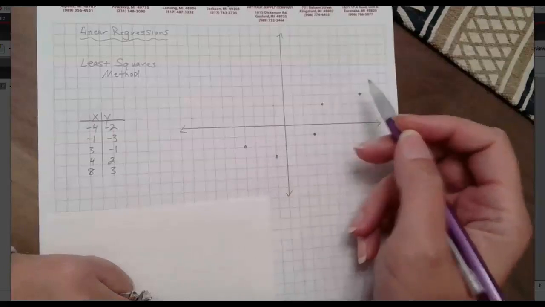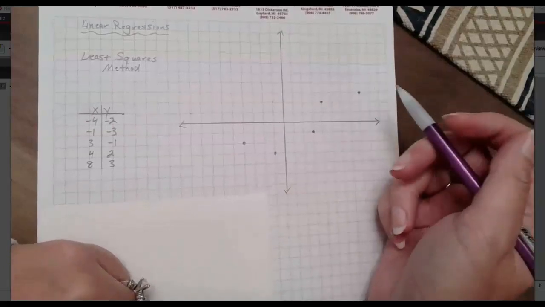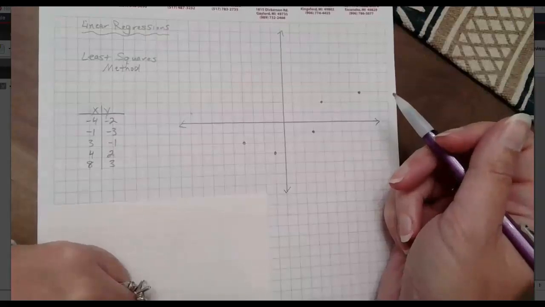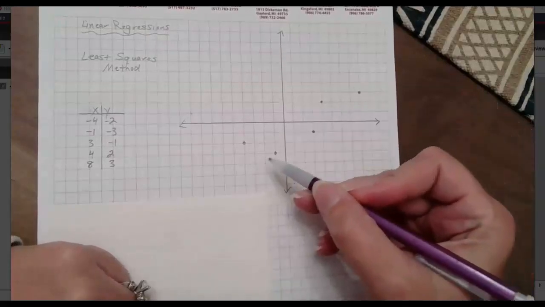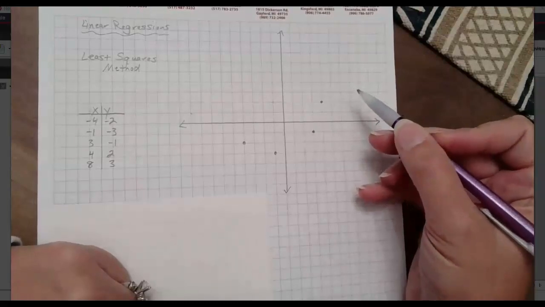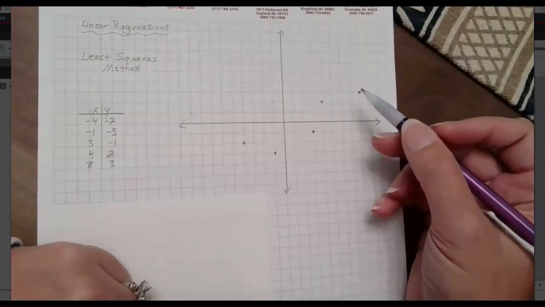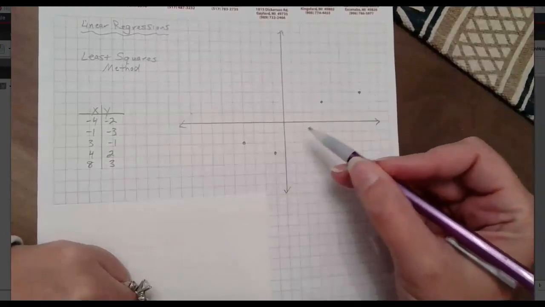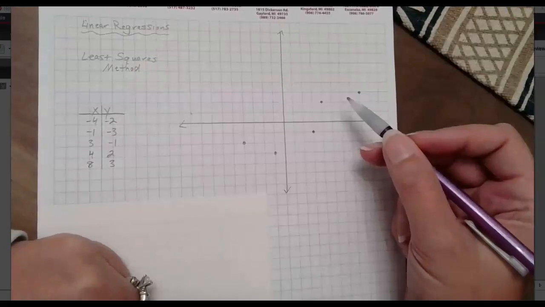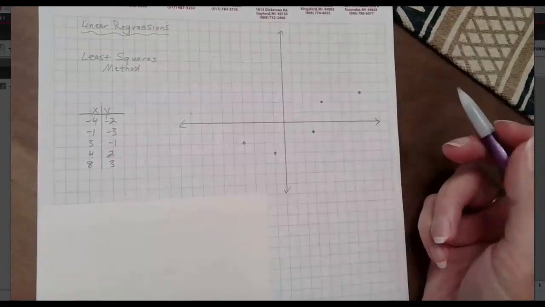Remember that if we're talking about a set of data, we want the line that best fits the pattern of the data. So if we look at this, we can see a slight increase. So we're looking for a positive relationship here. And I would like my line, if it's truly the best fitting line, to be as close to as many of these dots as possible, kind of running down the middle, again, while modeling the data and what it appears